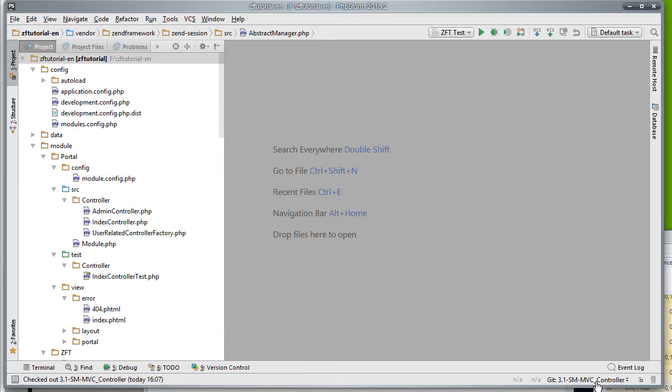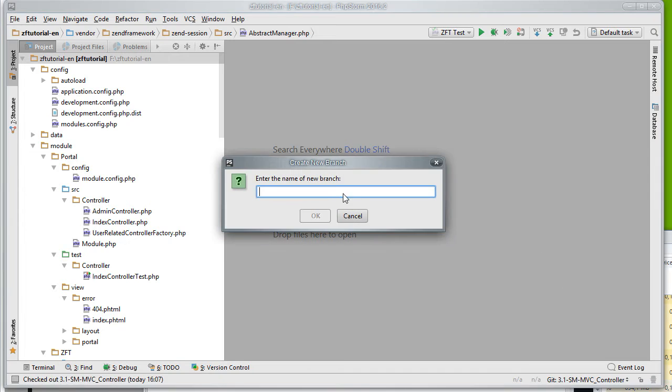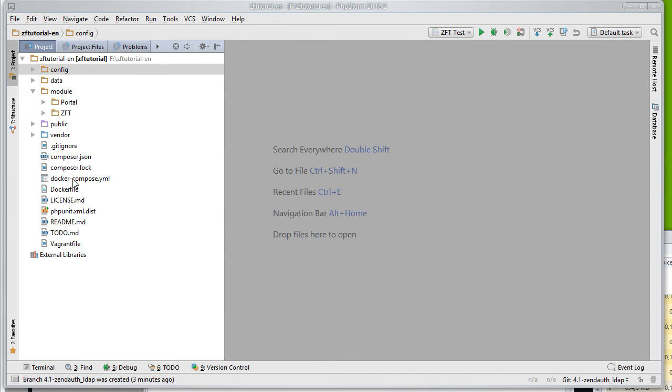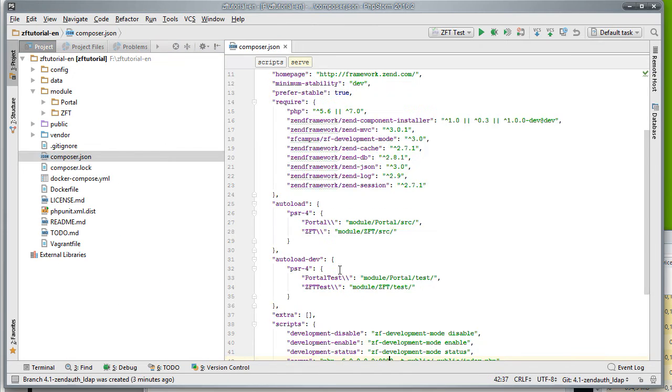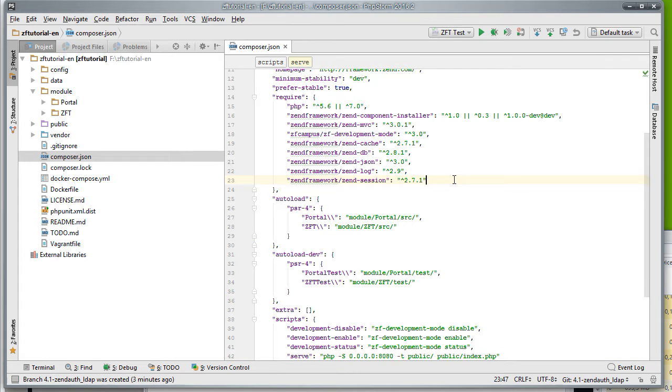A new tutorial section calls for a new branch. This one will be for Zend Auth LDAP. So when you go to the source code on GitHub, the content of this tutorial you can view under this branch. New dependencies we will be working with include the most recent version of Zend Session,